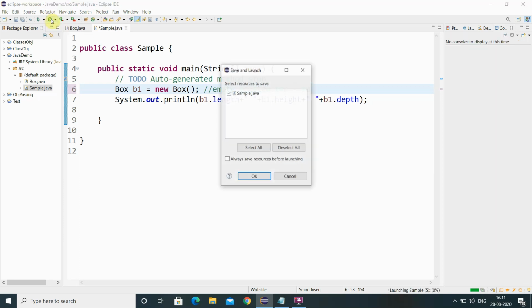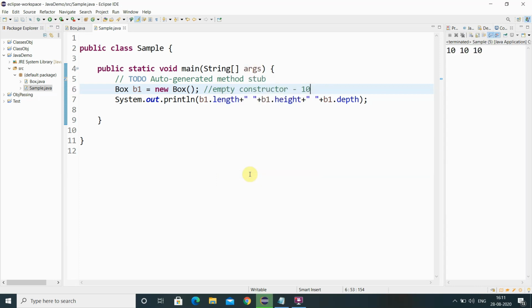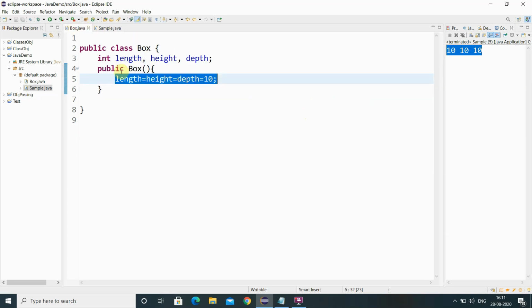To check it, execute it. Now we are initializing all the data members with 10. If you don't have any constructor, the default constructor will be called. If you have written your own constructor, the default constructor is not called. Instead, the constructor written inside your class will be called.